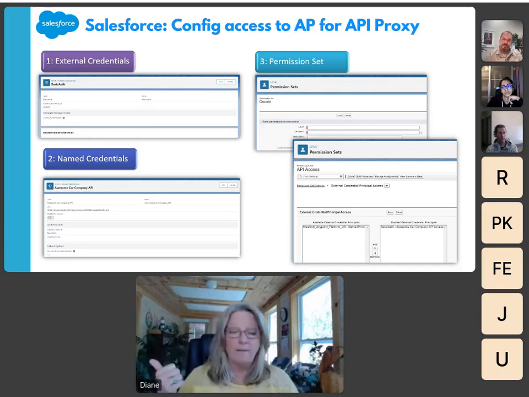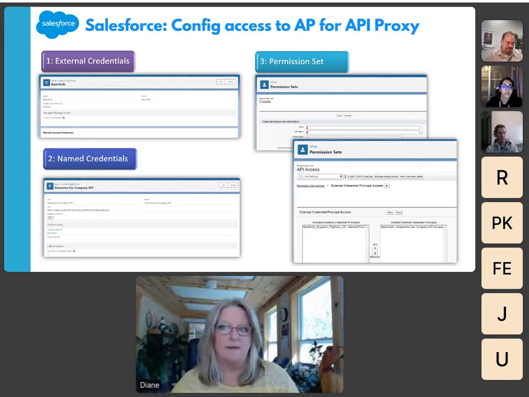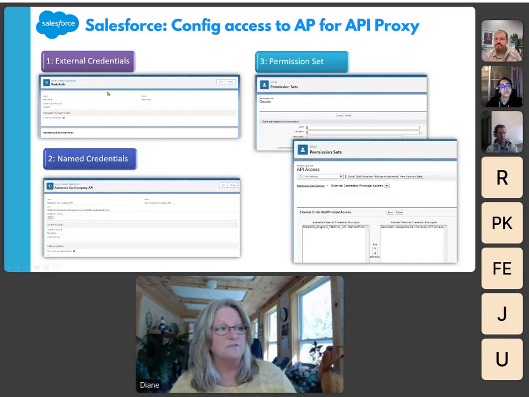It automatically happens when I log into the platform, but now I want to choose a certain API to populate into the Salesforce platform. So this is the integration piece again. And this is where we create the external credentials first, telling it what kind of authentication we're going to use. Then we create a named credential pointing to the API on the MuleSoft side, and then create the permission sets